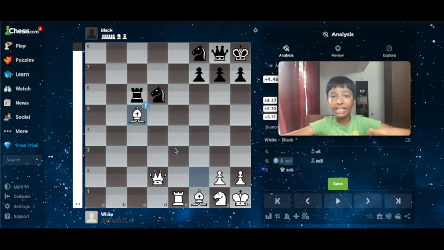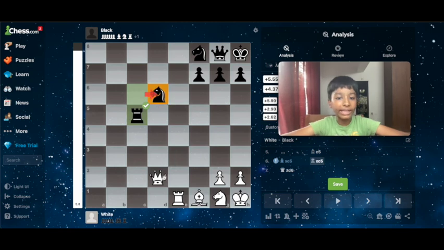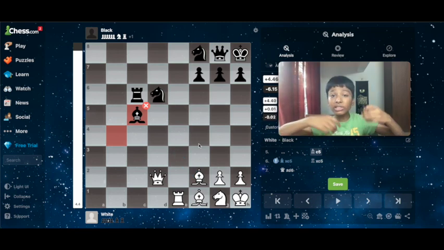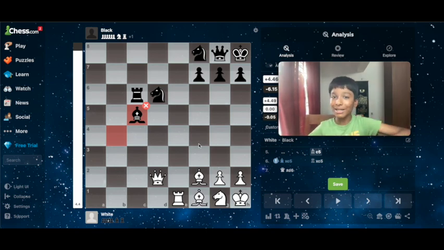Now we have one apiece. So black will obviously take back, but then they no longer defend the knight which is hanging. So we now win a free piece. That was quite straightforward. So you can also use this method to see if you have an elimination of defense tactic in your games. And the next puzzle.